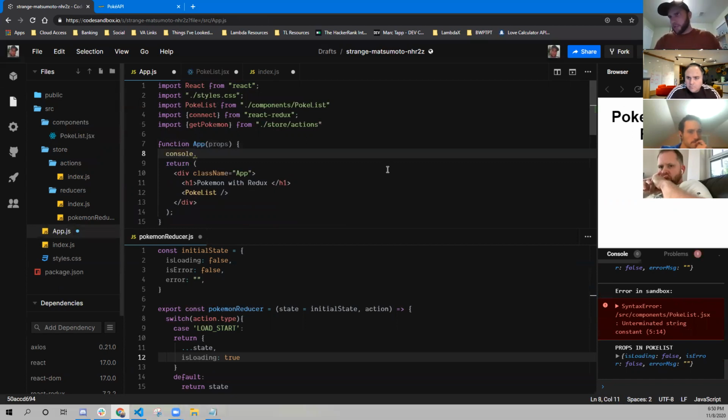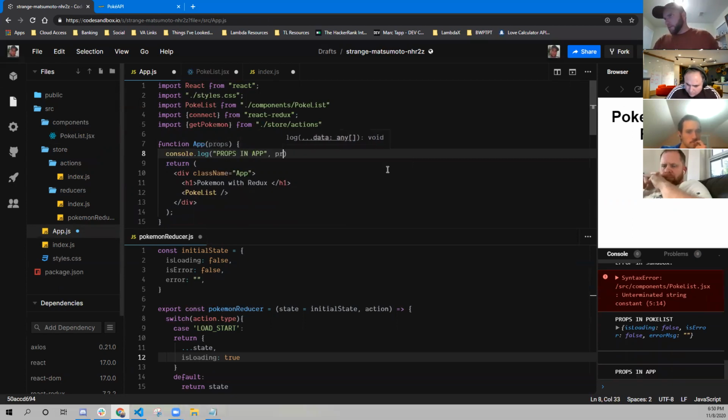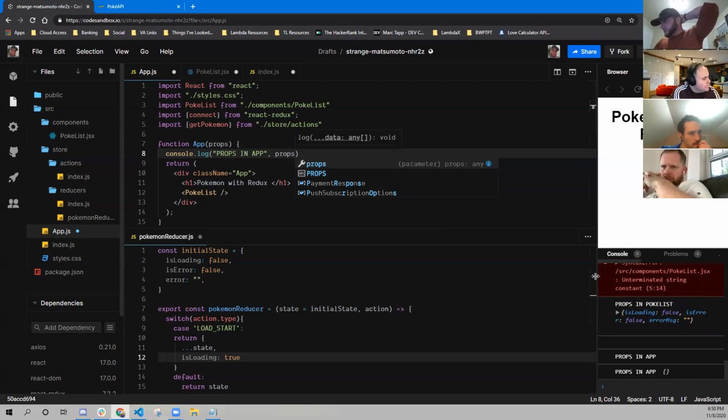So console.log props in app props. Okay. So the difference here,